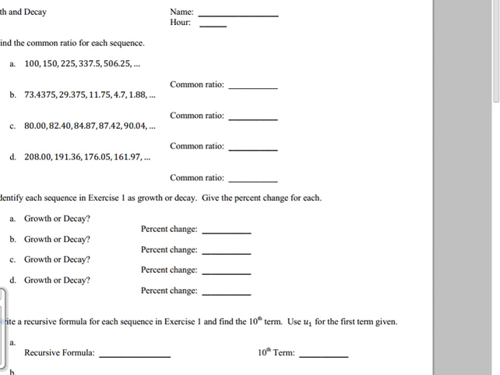Common ratio, I'm taking this, dividing by that. Wait, that's not 2 terms, sorry. This, and dividing by that. And that one is going to be a decimal. It's smaller than it used to be. Somebody already divide that? What is it? Point something. 0.4. Now, if you say the common ratio is 0.4, you are correct.